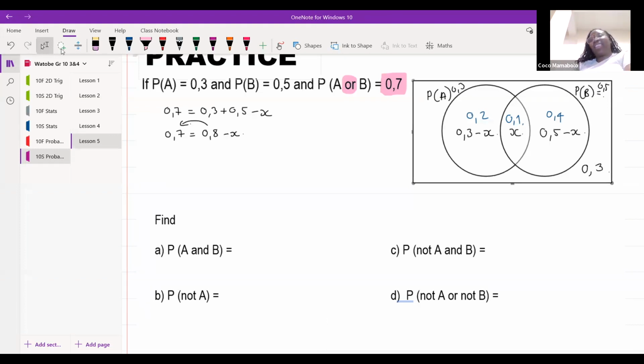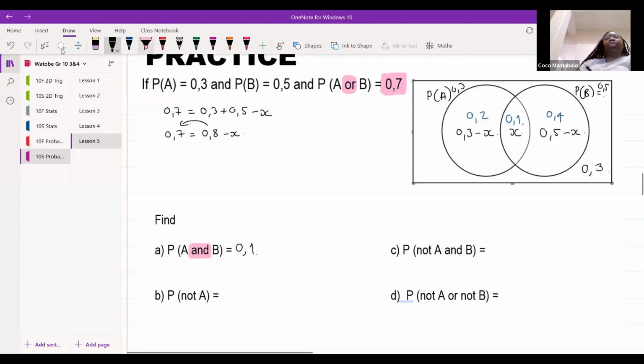All right, guys, let's get started on these questions before we run out of time. All right, Funzo, let's talk about the first one. The first question says we want to find the probability of A and B, and we know that's going to be where? It's the intersection. Correct. So what is the intersection? It's 0.1. Beautiful.